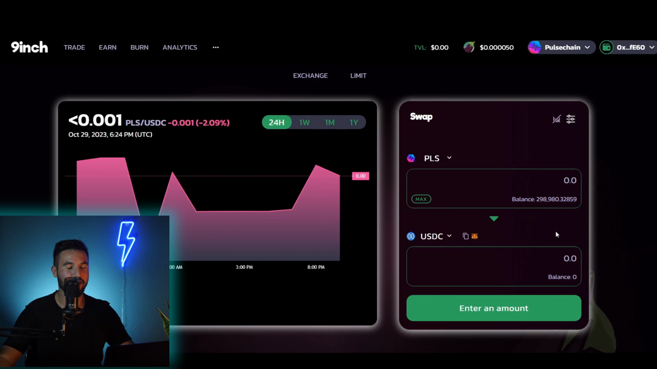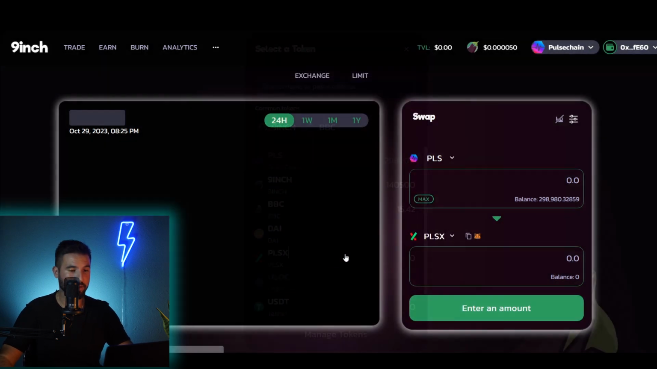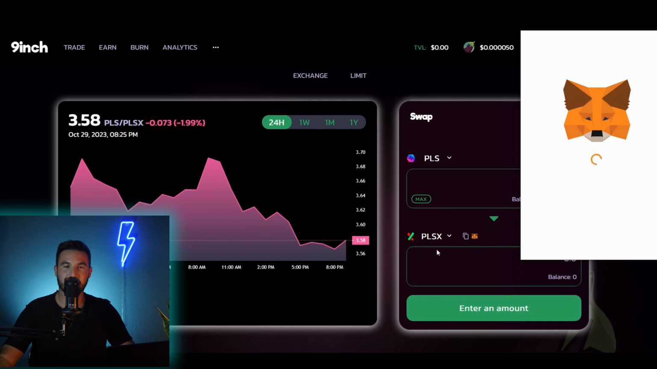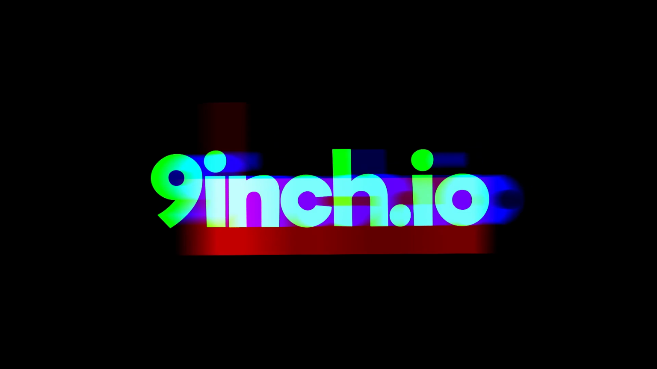You don't have to copy anything, or even if you want to copy, you have the contract here. You copy it and then you can search it on Etherscan or on Pulse Chain Scan or wherever you want. You want to add something else, PLSX, you go here. You press the MetaMask Fox head and you just press add token, and simple as that, you add the token. That's simple and fast how to swap in 9inch.io, the rock hard DEX. 9inch.io